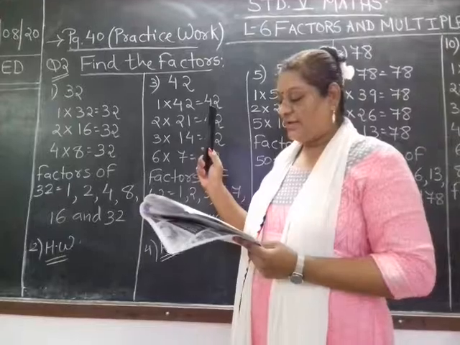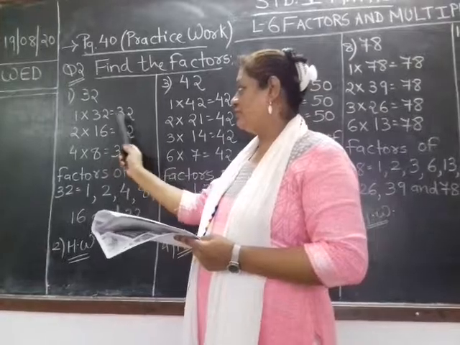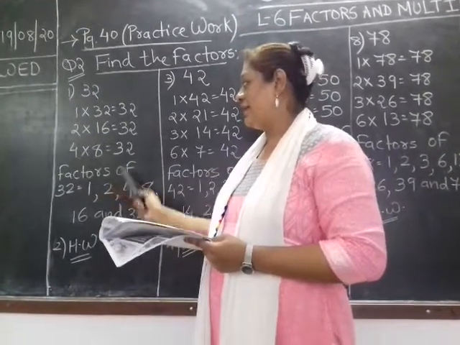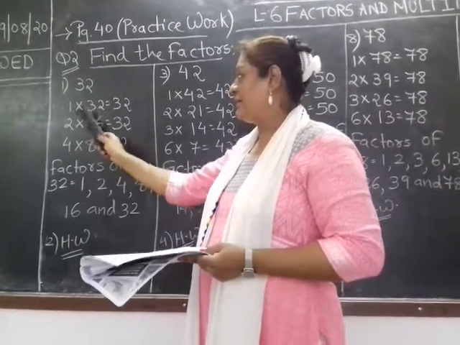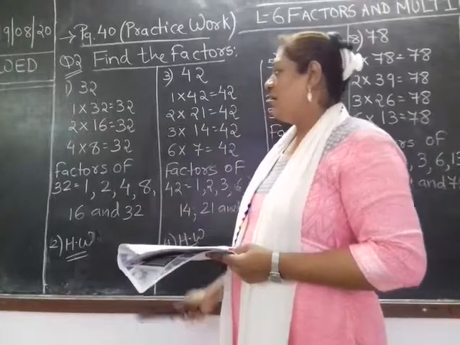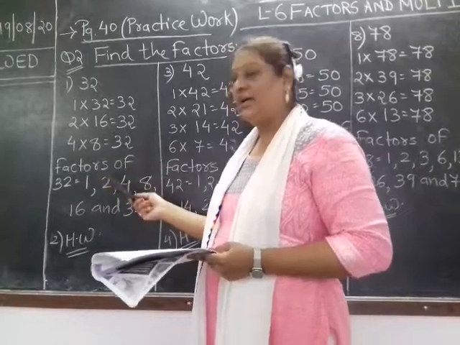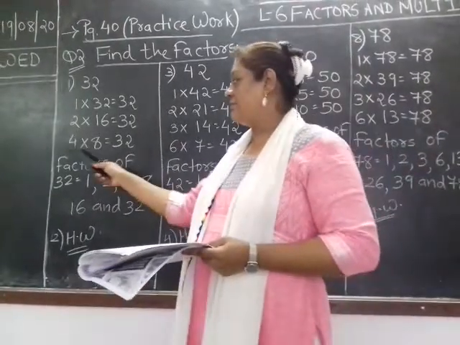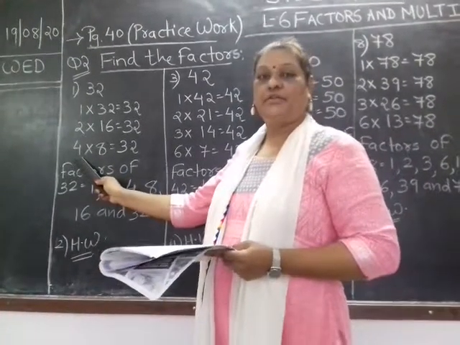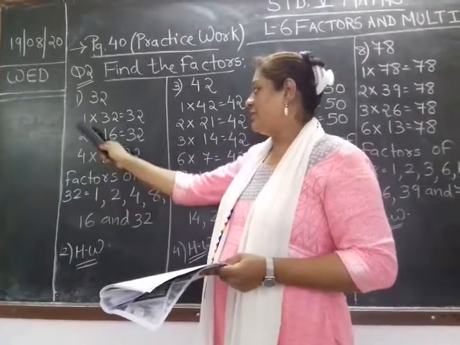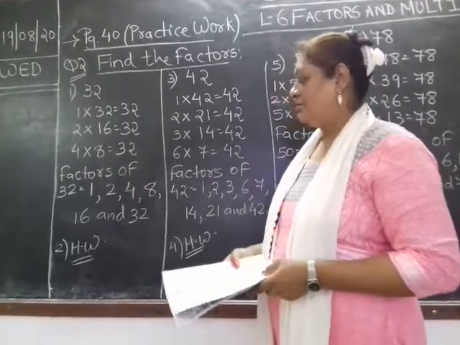Okay, the sum number 1 is 32. So you can see the factors of 32 are 1 32s are 32, 2 16s are 32, 4 8s are 32. Now these are the factors where you multiply two numbers, then two numbers are factors. Now here you can see 4 8s are 32, right? Now the reverse will be 8 4s are 32. So I will not write the reverse number of this. 4 8s and 8 4s are one and same. So I will stop where the numbers will reverse themselves. So the factors of 32 are 1, 2, 4, 8, 16 and 32.